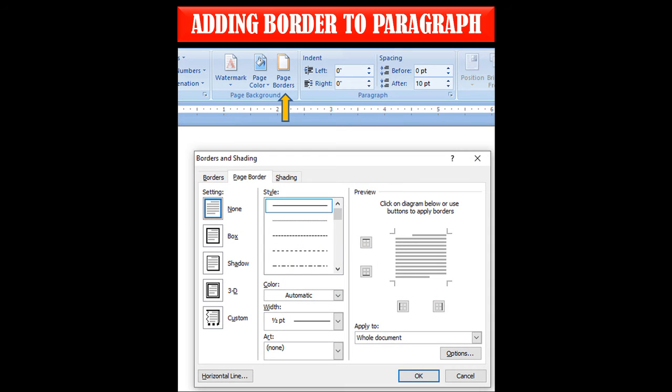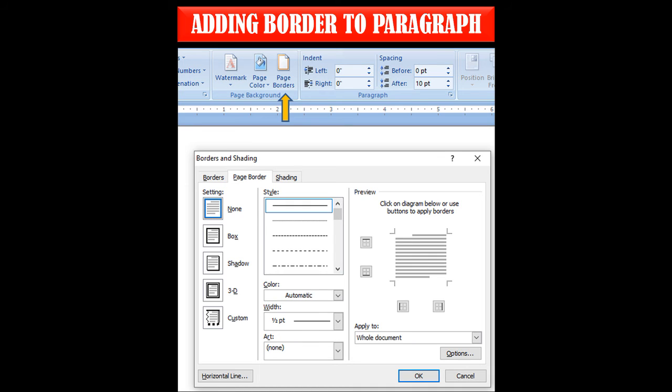So the next heading is adding a border to a paragraph. Okay, so children, we can apply different types of borders to our document. These borders can be added to any or all sides of a paragraph, right? As you can see in this picture, you can see different types of borders. We can give the shading feature also, and we can use the color option for our border settings. So this we can very easily apply to our document.